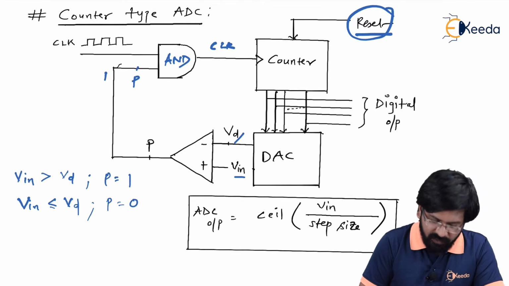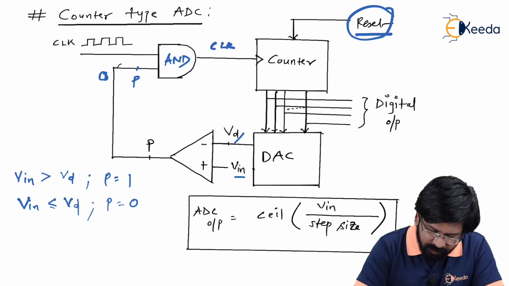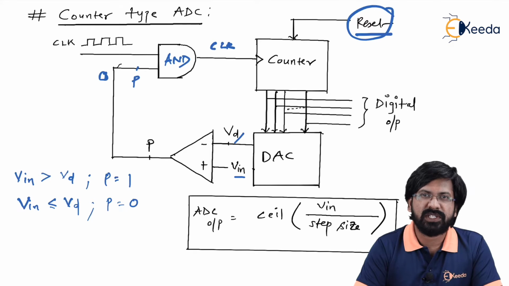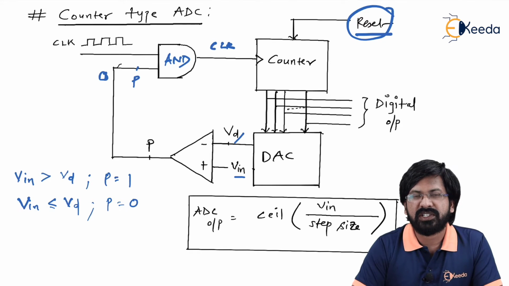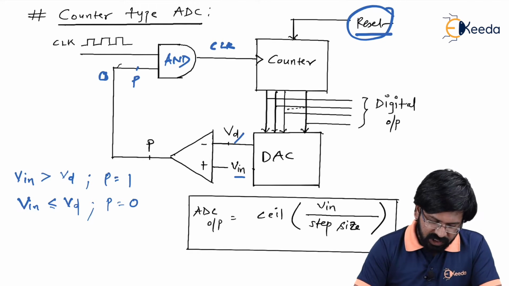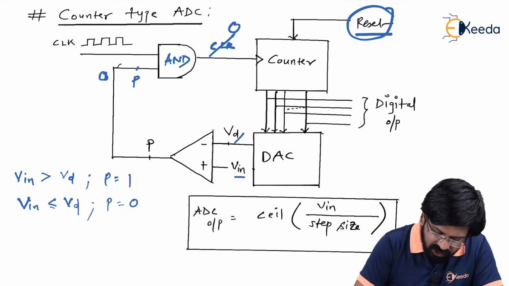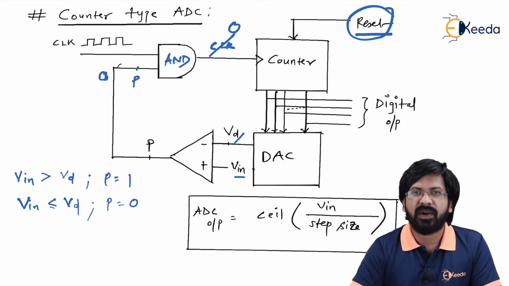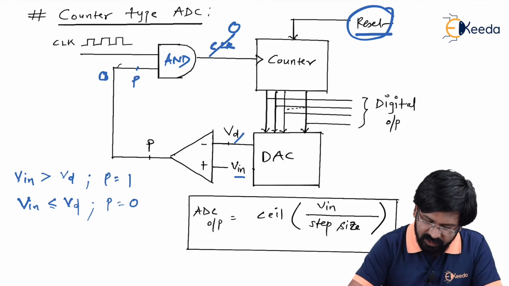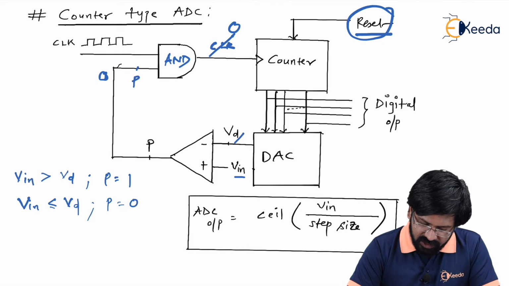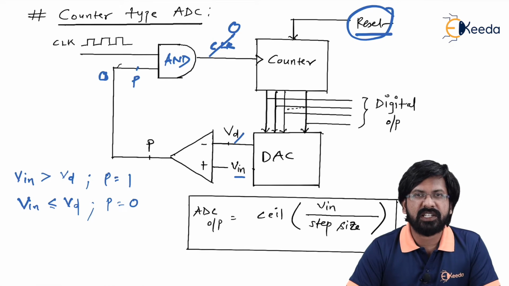At some point of time, when P becomes 0, what is going to happen? In an AND gate, if one of the inputs is fixed to 0, then the output is by default 0 irrespective of what is given. In other words, the AND gate gives you the product, so 0 multiplied by anything gives you what? 0. If no clock is given, because 0 is given, then the counter will stop working. If the counter stops working, then the counter will freeze. Freeze means it will give you a particular count, and that count is taken as the digital output. So the output of this ADC is always displayed on the counter, which is directly taken as digital output.